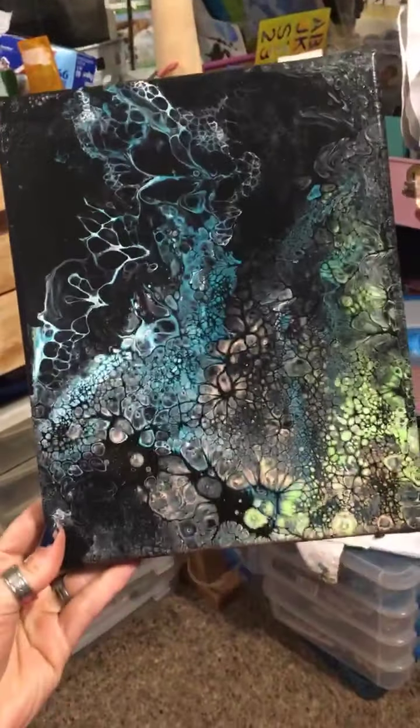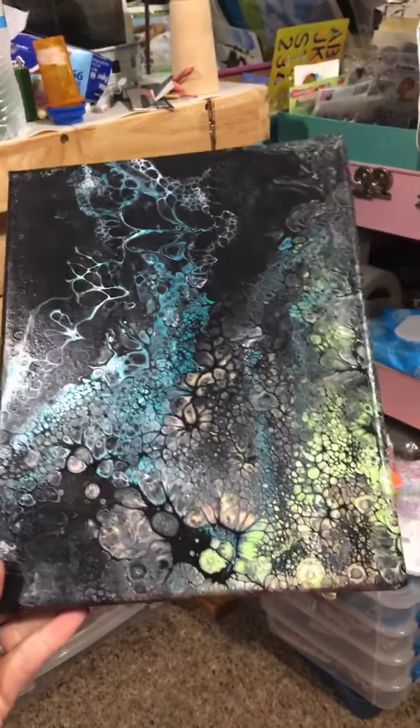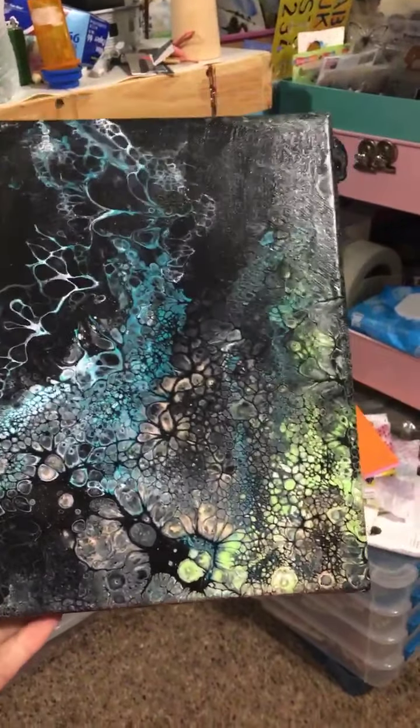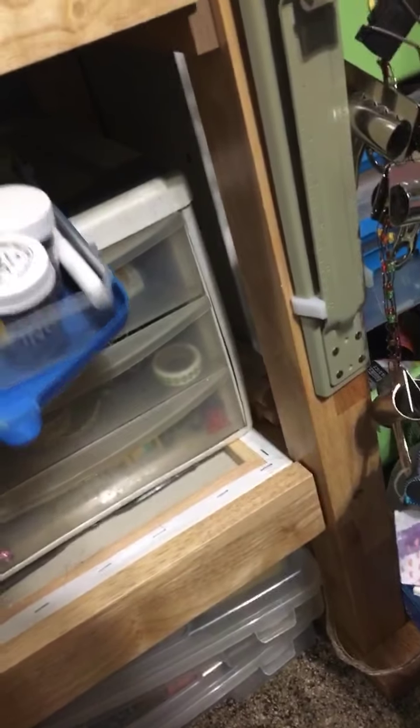Here's the second one on that one. My small ones. I love these. These are some of my first ones and some of my favorite colors. I love it. And then on this side, on top of my box, I've got my